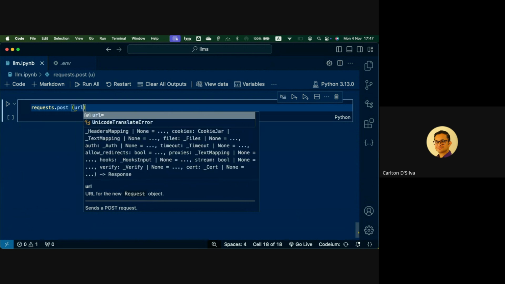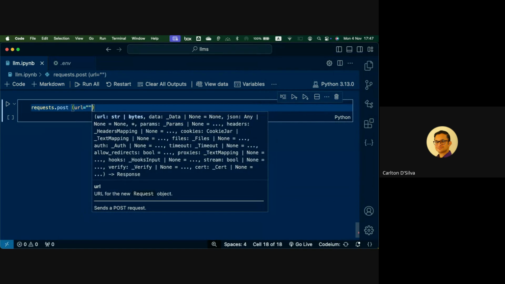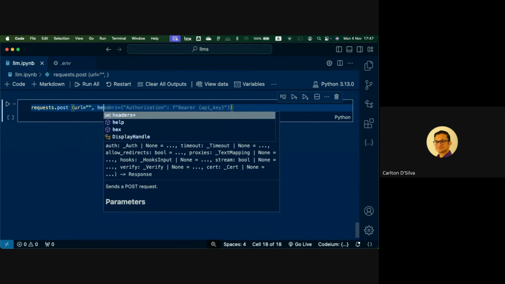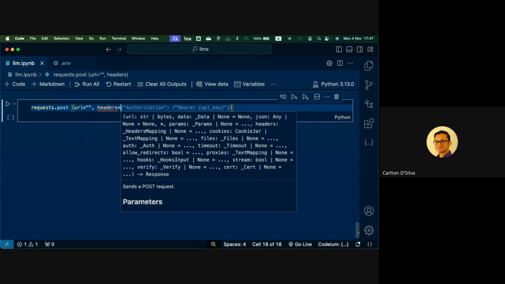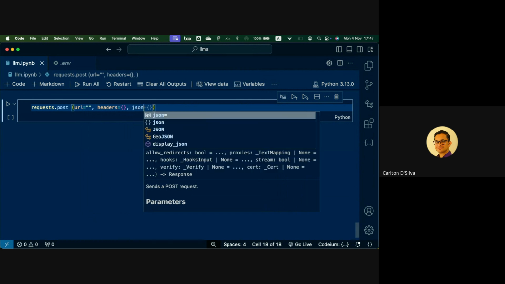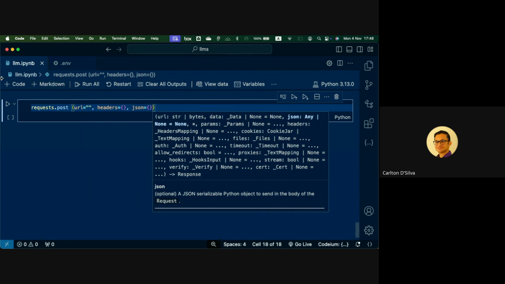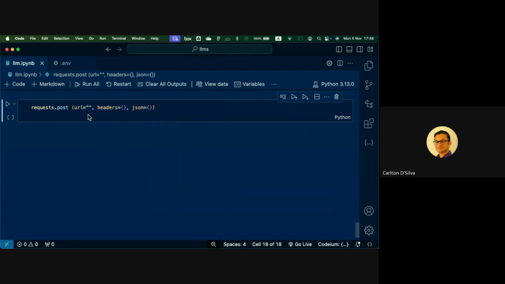You will have a post, and you'll say URL equal to some endpoint that is there in the documentation. You will send some headers, and then you will have one extra thing, a JSON body. So this will be the structure of the request you will send when you're dealing with a proper interaction with the LLM.